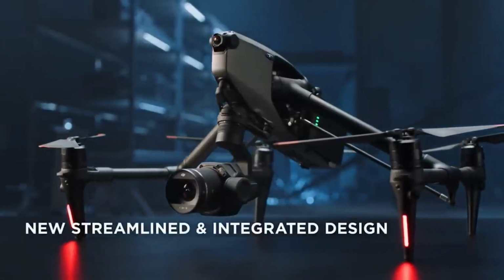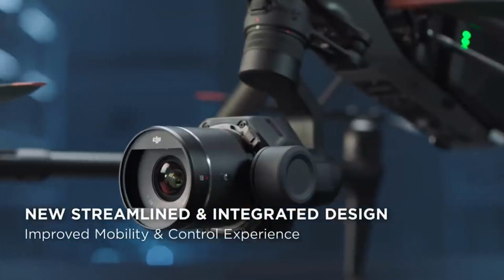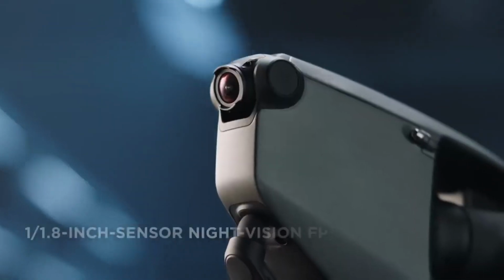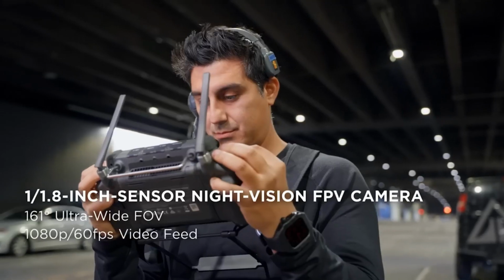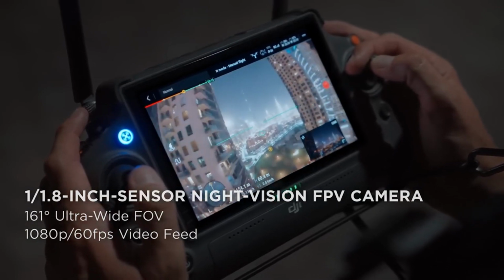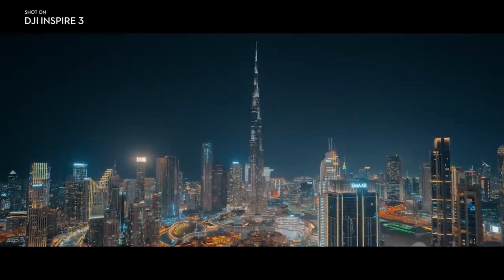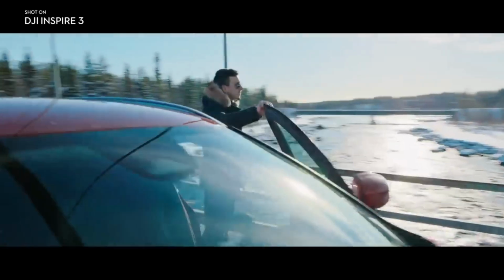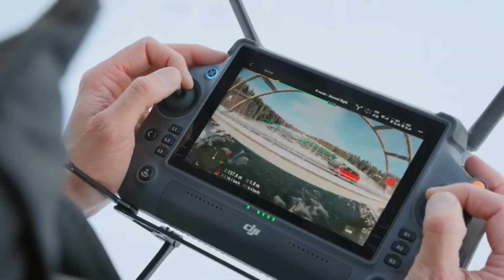Inspire 3's entire appearance is modern, concise, and compact, with streamlined integration of every body module. It starts with improved vision for pilots, a large aperture, super wide-angle FPV camera with enhanced low-light capability. The FPV camera on the Inspire 3 is absolutely phenomenal. The picture quality is exceptional with a very low latency in the video, which allows the pilot to fly very